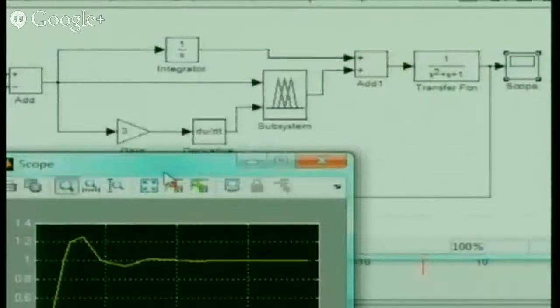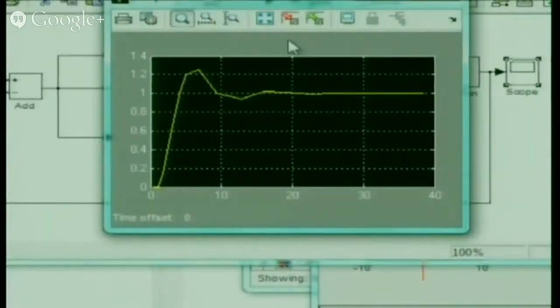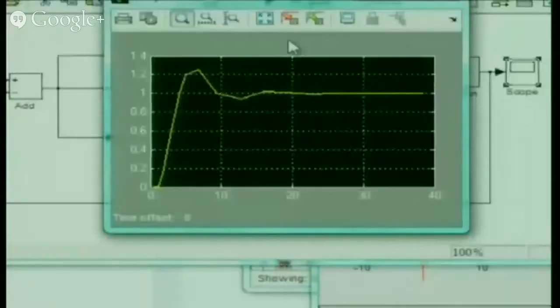So this is the output we have got for a step input. Okay, so using PI, I have just controlled it. Okay, the peak overshoot. Now you can do more research in this, how to remove the peak overshoot, how to decrease the settling time, and all those things you can do. So this is a very simple model of a PID controller where we have used fuzzy. So I think now you understood how to use it in Simulink.